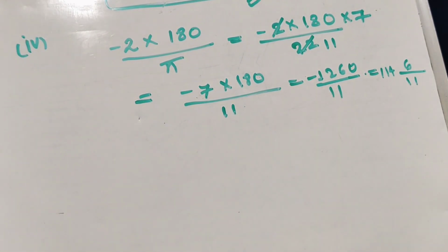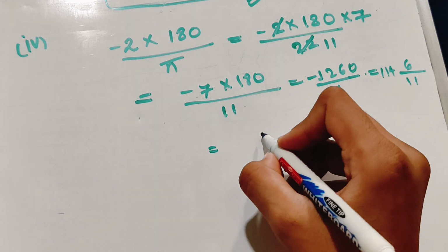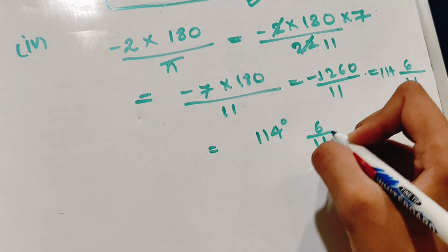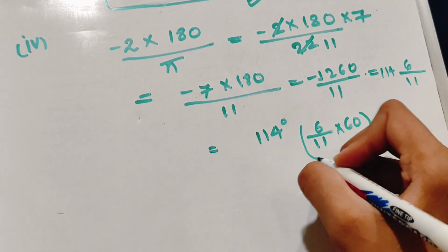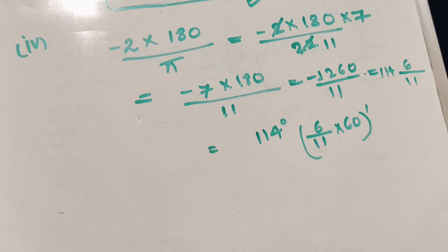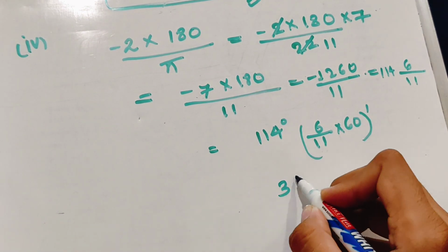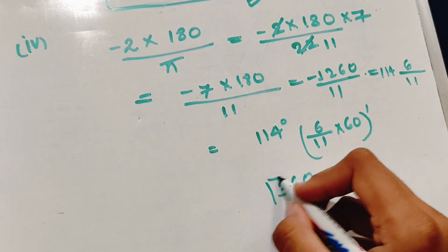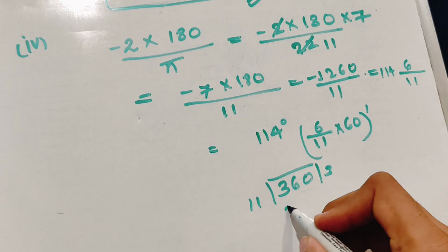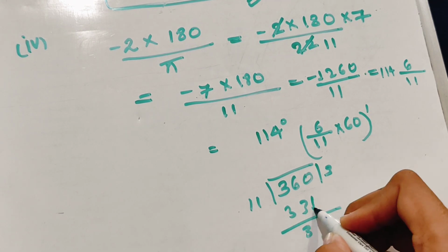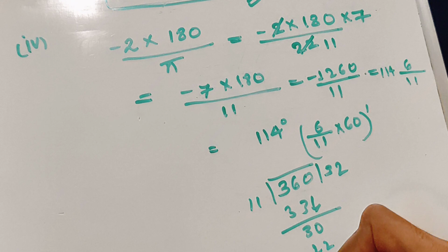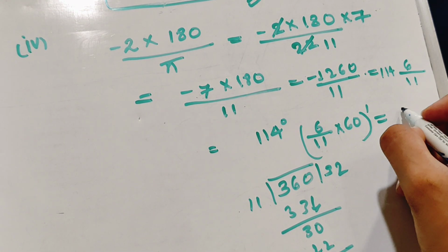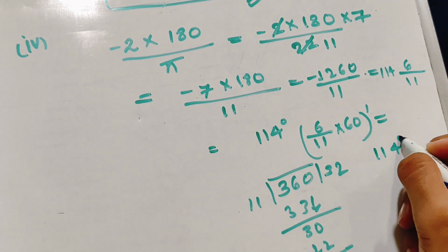So we have the value of it in degrees, which is 114 degrees, and now converting this fraction part to minutes. So we will get 6 6s are 36 by 11. 3 is 33, 2, 22, 8. Now this can be written as 114 degrees and